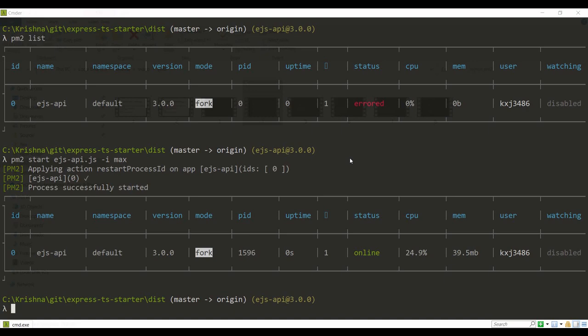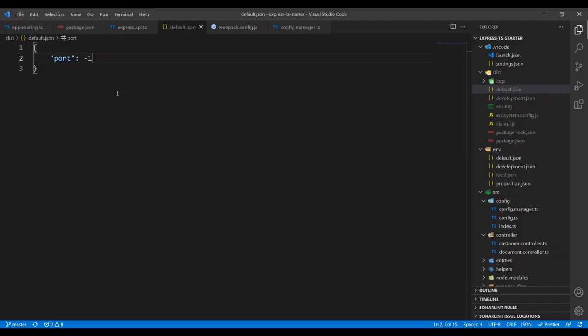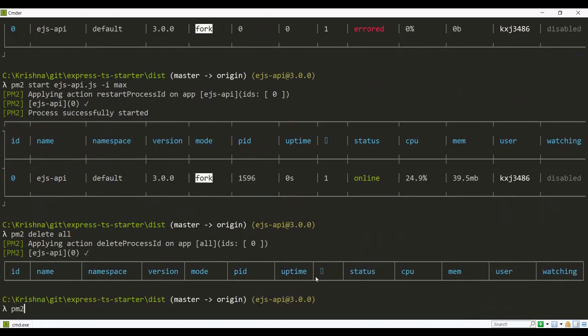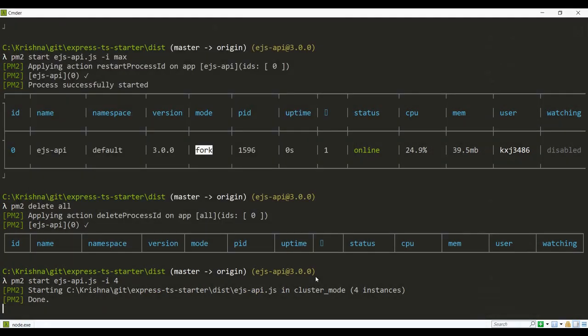Next, we can try the cluster mode. For the cluster, I will change my port to 5000. With -i, if I need to specify the number of clusters, I can specify it as 4.